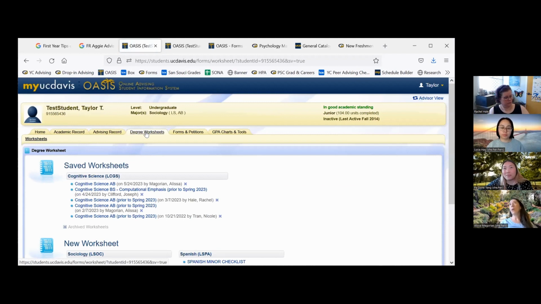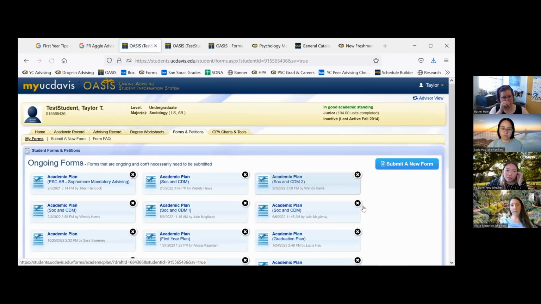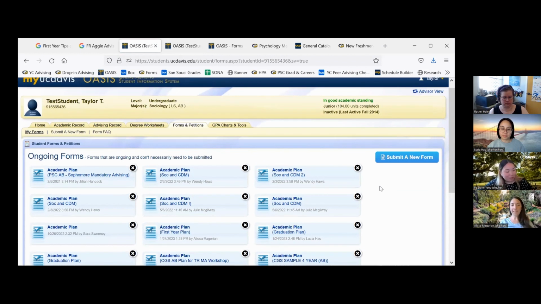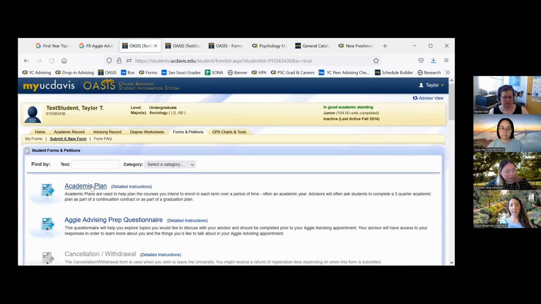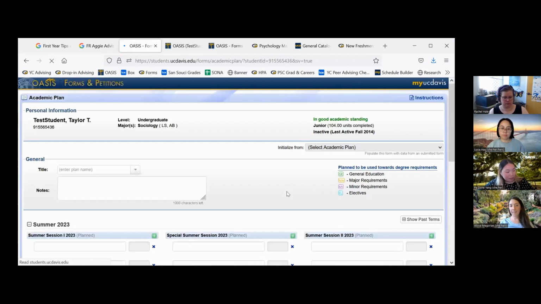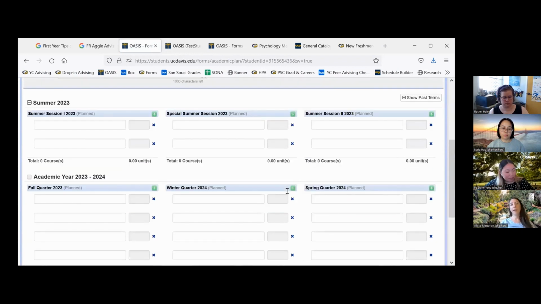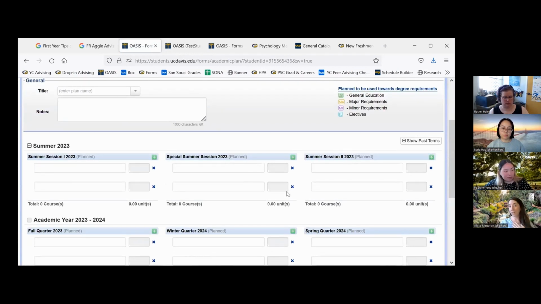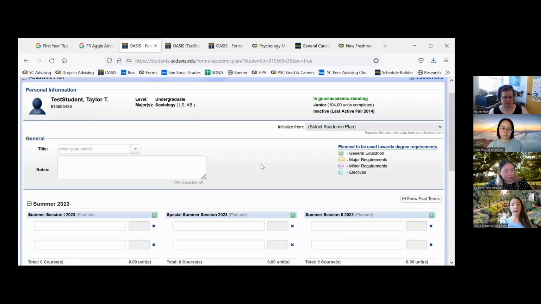Now, if you want to move on to a little bit more advanced planning, we have what's called an academic plan in Oasis. That's under the Forms and Petitions tab. And I'll toggle over there. So again, this is a test student that has lots of examples here that you won't see. For your first time, you're not going to see anything in the ongoing forms, but you will want to go to submit a new form. Click on academic plan. And here you go. You have a fillable form that advisors can see and help guide you with, where you can